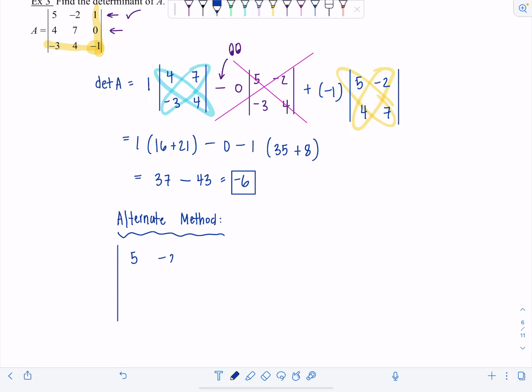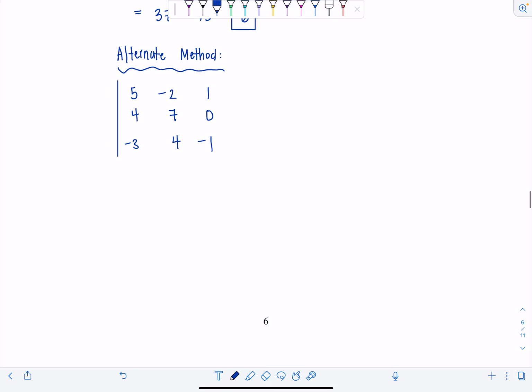So 5, -2, 1, 4, 7, 0, -3, 4, -1. Good? Okay, usually I'll separate with some dashed lines, and then you rewrite the first 2 columns in columns 4 and 5 now, okay? So I'm gonna write 5, 4,